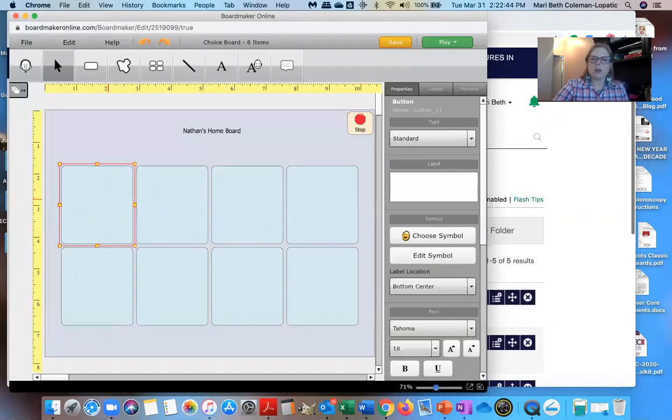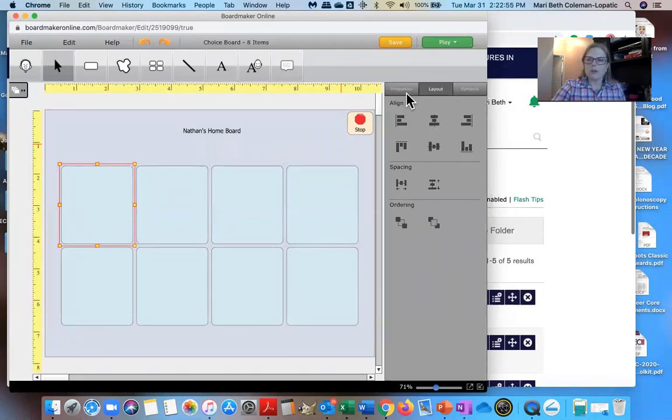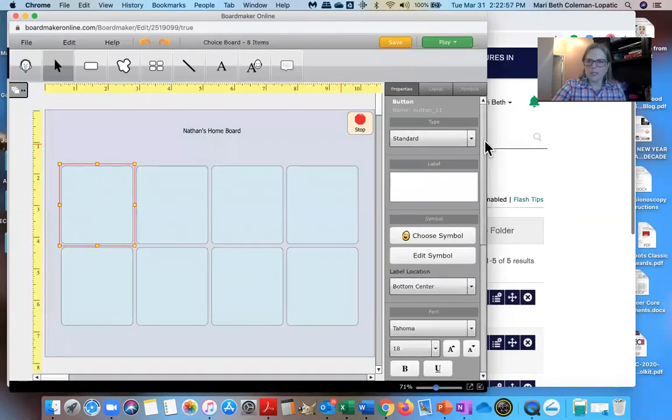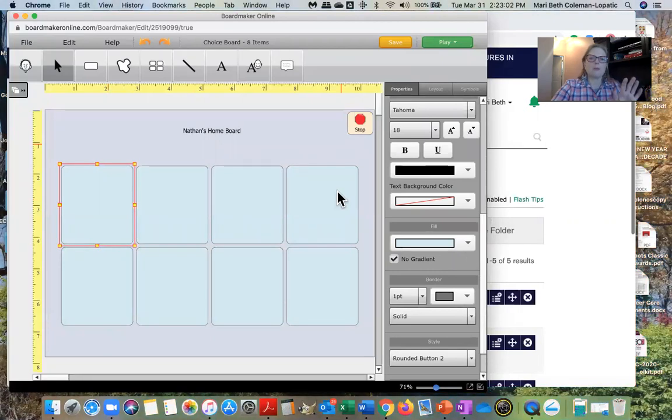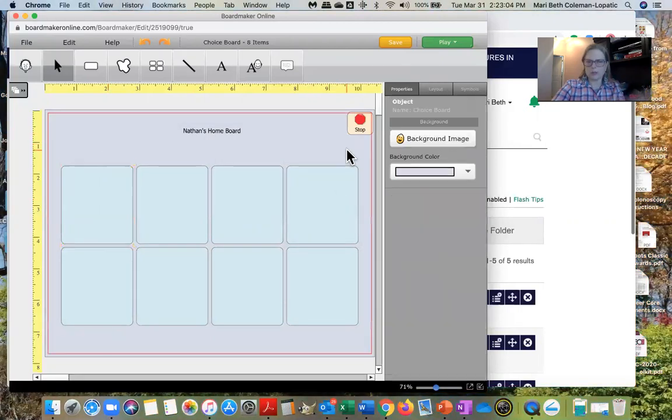If you want to change the color behind the buttons on this pre-made page, you can do that. Click on one. I'm clicking on the button, and then if I click over here, not on layout, sorry, on properties, and scroll down, you notice I'd be able to change the color. I'm not going to change the color on the button right now